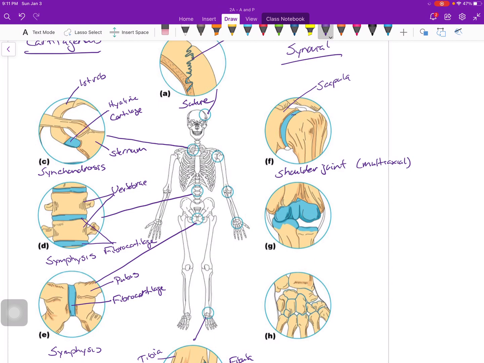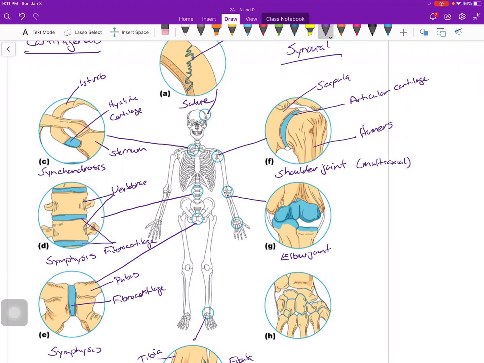You have the articular cartilage, which is known as hyaline cartilage. That's what it's made of. And then, of course, you have this bone being the humerus, because obviously this is right there in your shoulder joint. Here you have your elbow joint,